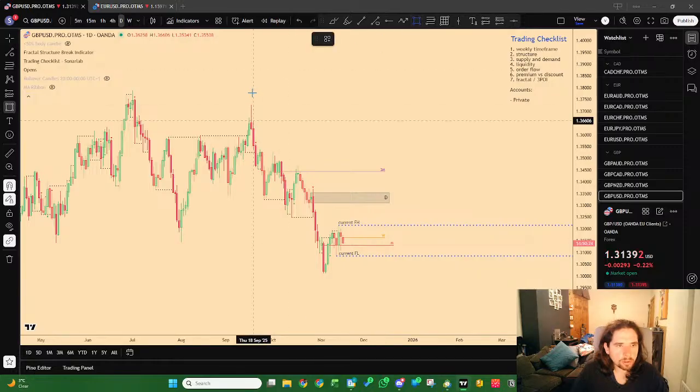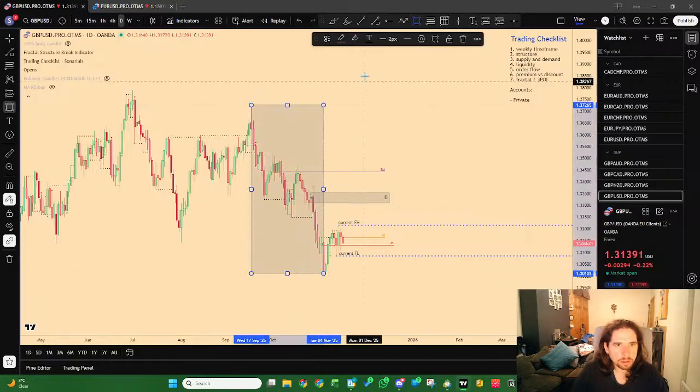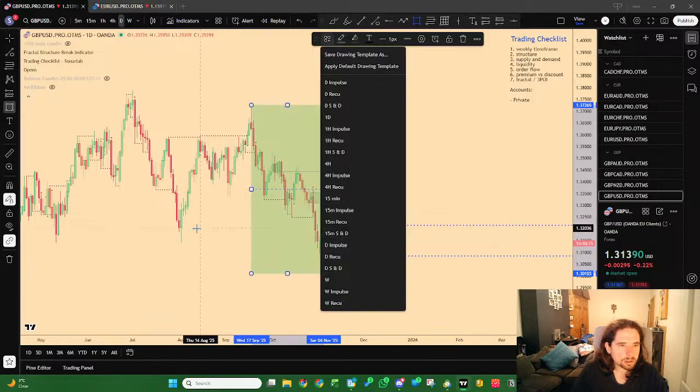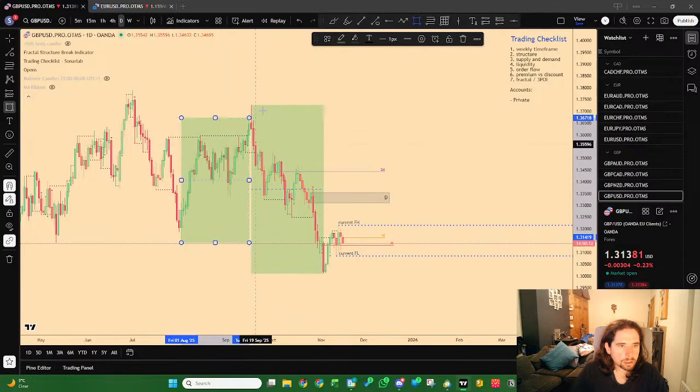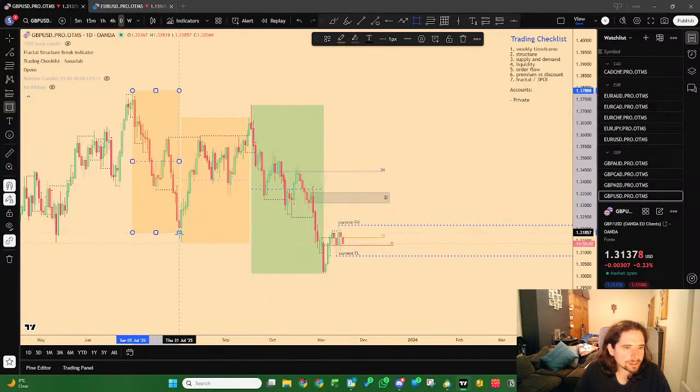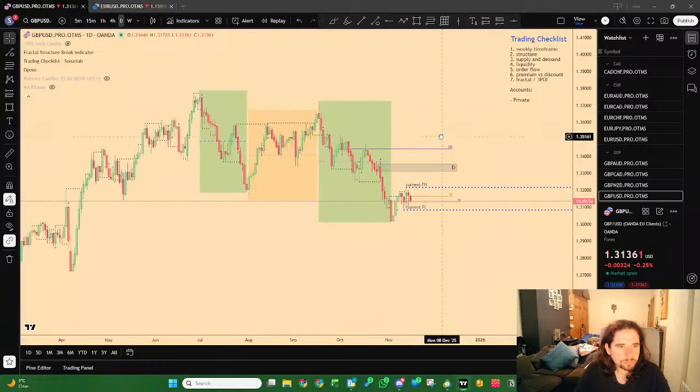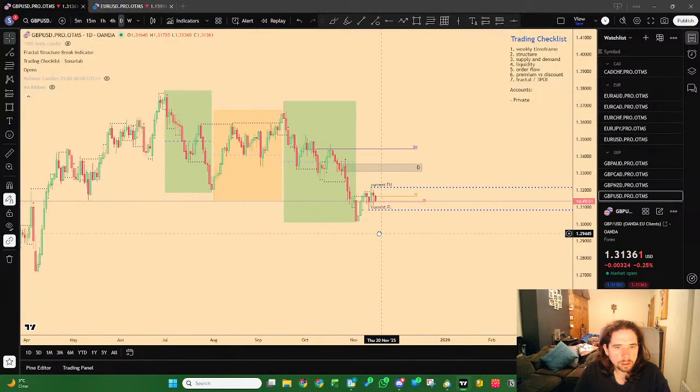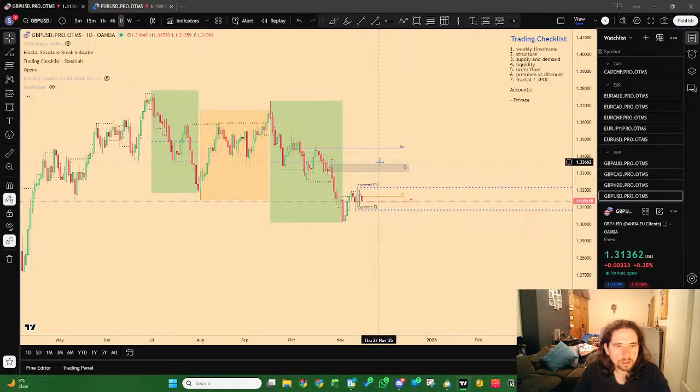So this whole area here is our impulse stage, and this part here is our recurring thing, and then this is our impulse stage. So now we're starting. What I'm looking for is,